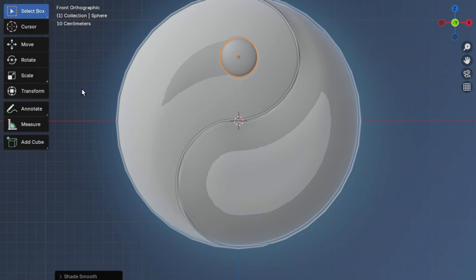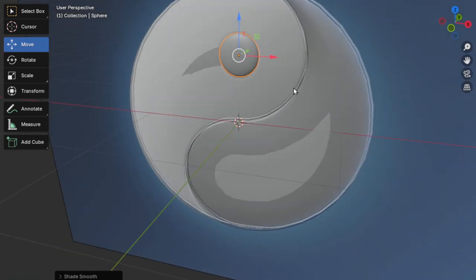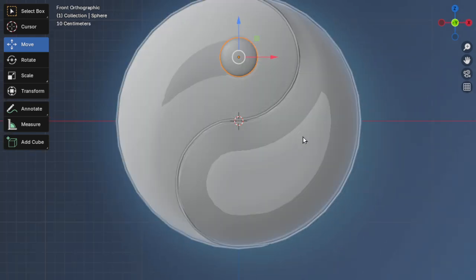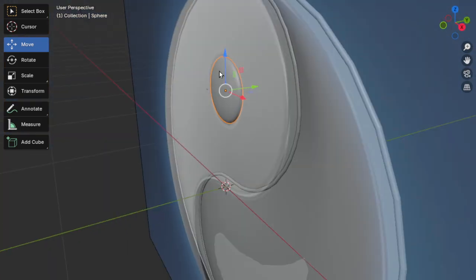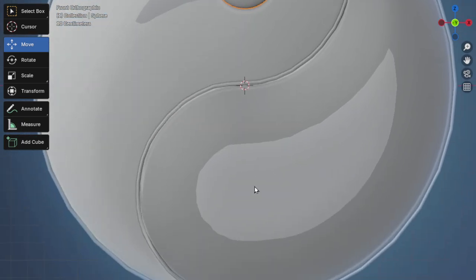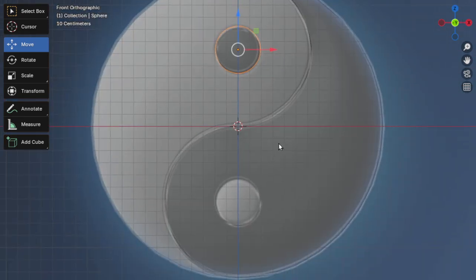Now I am pressing T and choosing the move tool for this vector handle X, Y and Z, so that I can move the objects anywhere. Now if you see, the vector is inside the sphere. Now I want to duplicate the sphere and keep it here also, in this spot. Either I can press Shift D and then escape and press G and then Z and move it downwards like this, or